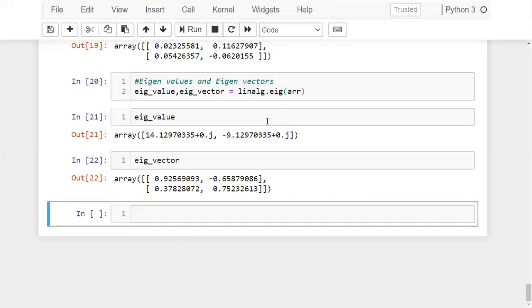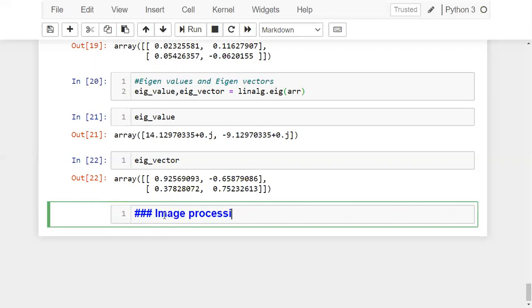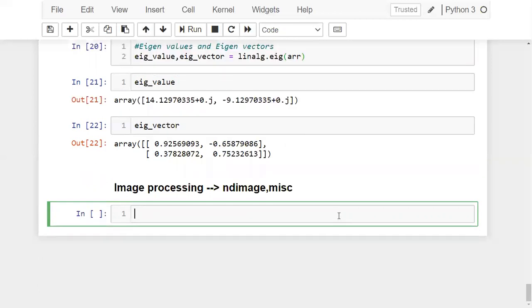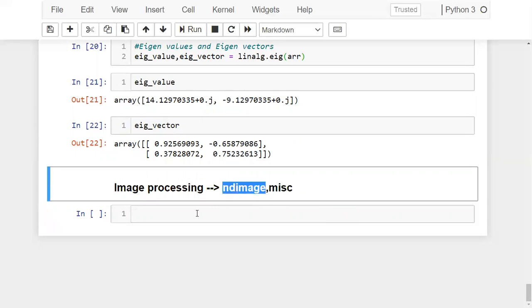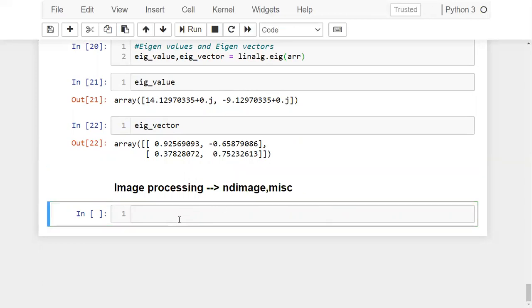Let me go with the next thing, that is image processing with SciPy. Okay, in this image processing we'll be using two sub packages, that is ndimage and misc. This misc is for importing some images, and this ndimage is for performing some operations on images.